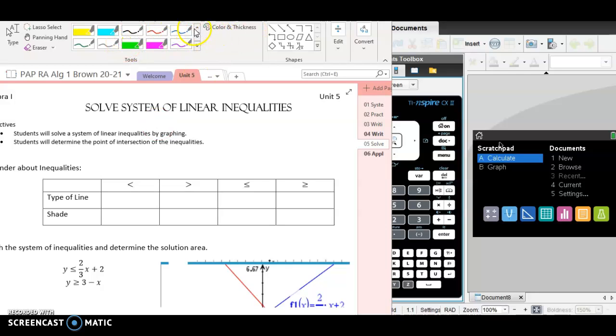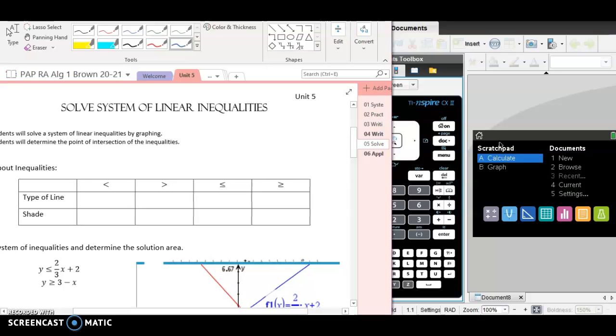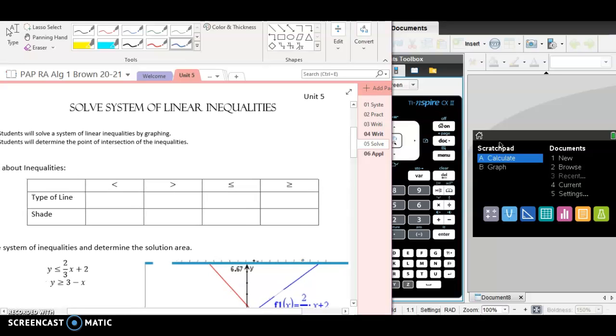Hi everyone. So just like linear equations can have a system, linear inequalities can have a system. So let's review what type of lines linear inequalities have. So if we see a symbol that looks like this, the line is going to be dotted,